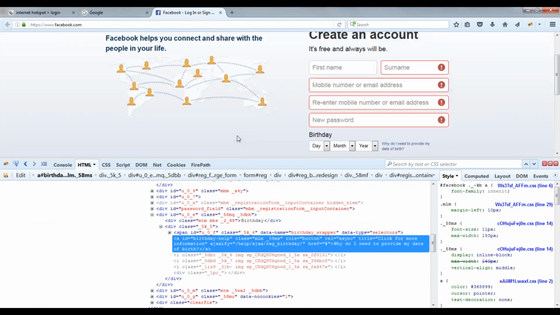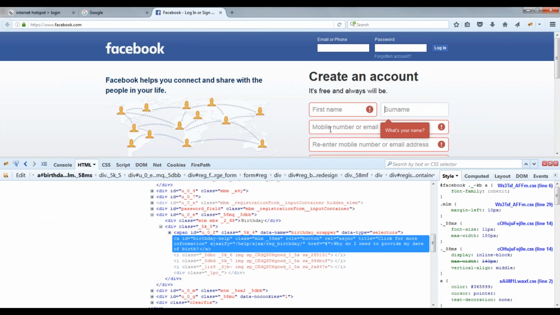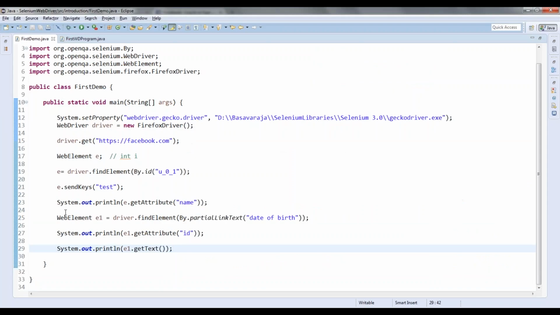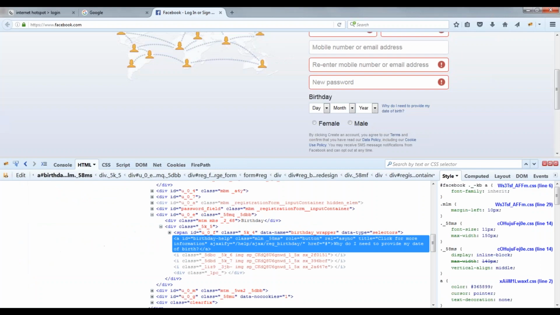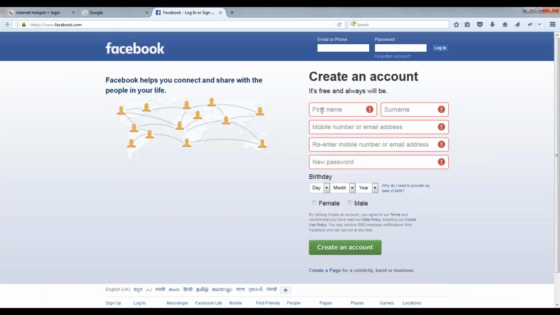It means if you want to work on each and every element, I have to write driver.findElement each and every time, and you should perform that operation. So tomorrow what we will do, we will try to enter all the fields along with these drop downs, as well as we'll try to select these radio buttons in this particular page.